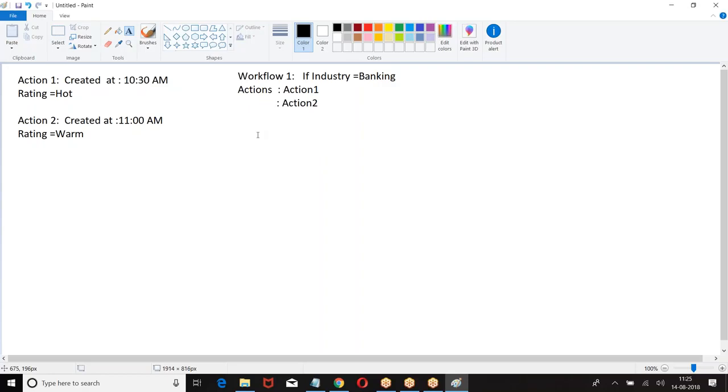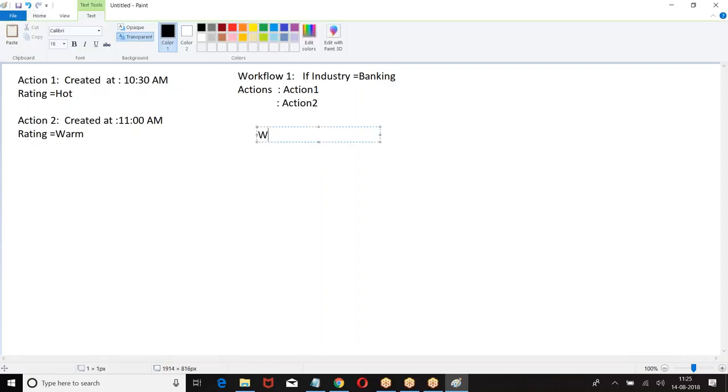Now I create a record, ICICI. Now what is the output of this? One workflow rule, two actions. What is the output of this? When there is a workflow rule with two actions, actions will be performed as per the order of action created date.